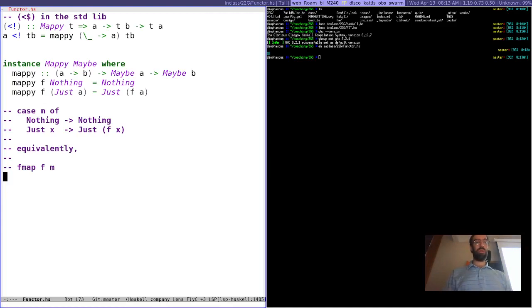So here's what we're going to do. I'm going to write down a few different instances that we want, and I'm going to put you in some little groups and see if you can come up with some code to implement. Okay. So the first one I want to do is